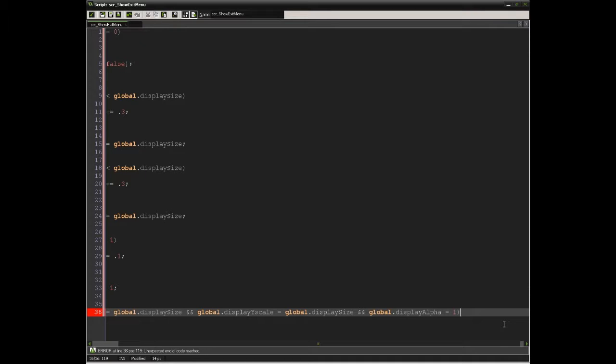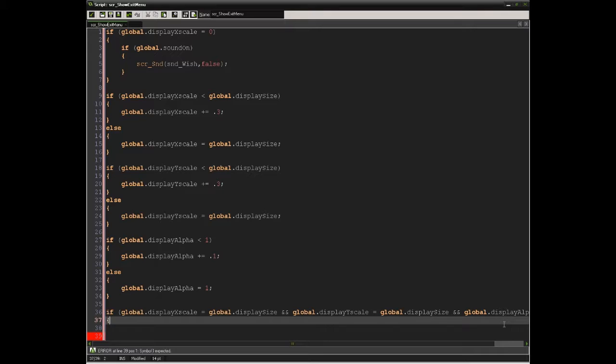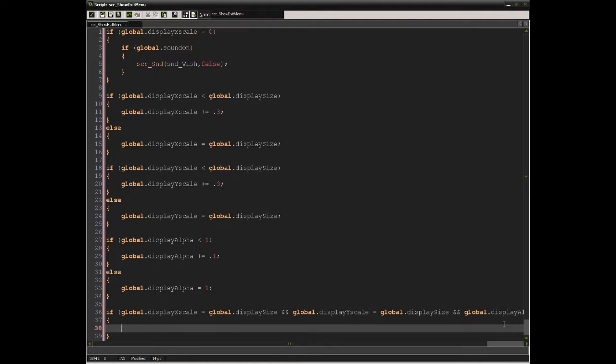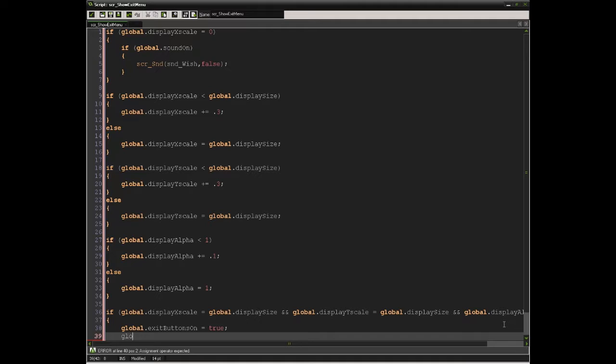And finish that off. Okay, if all the requirements are true, we're going to say global.exit_buttons_on equals true. And global.frame_text equals